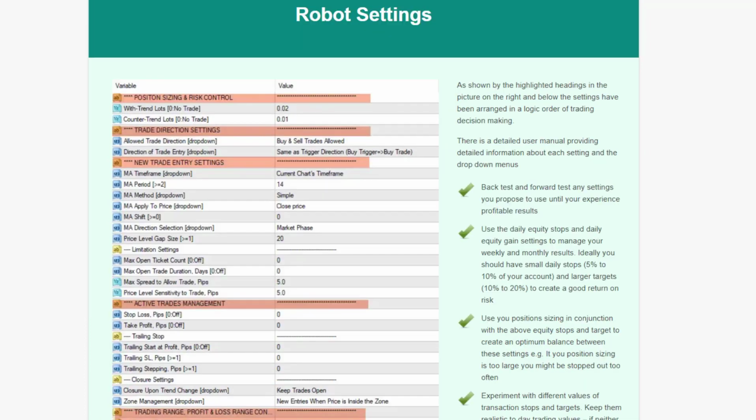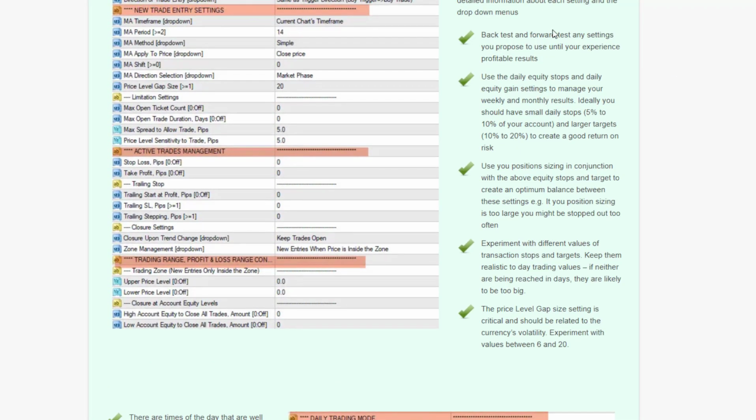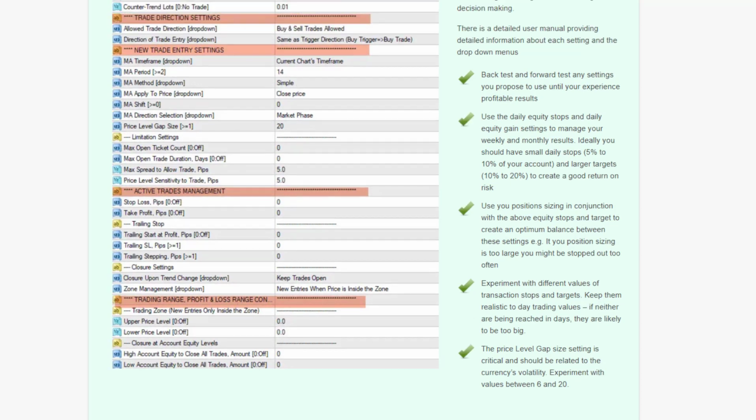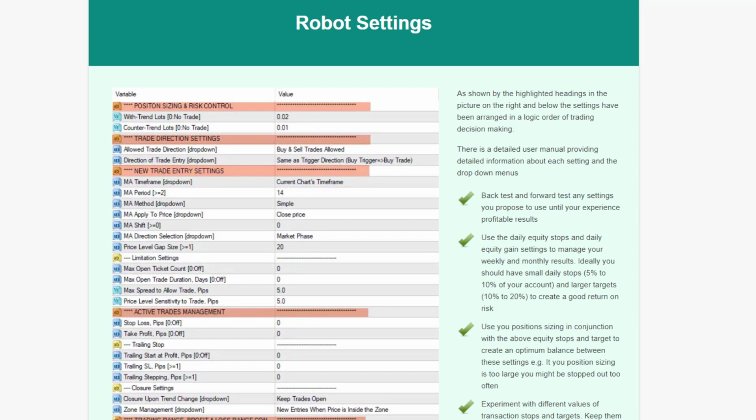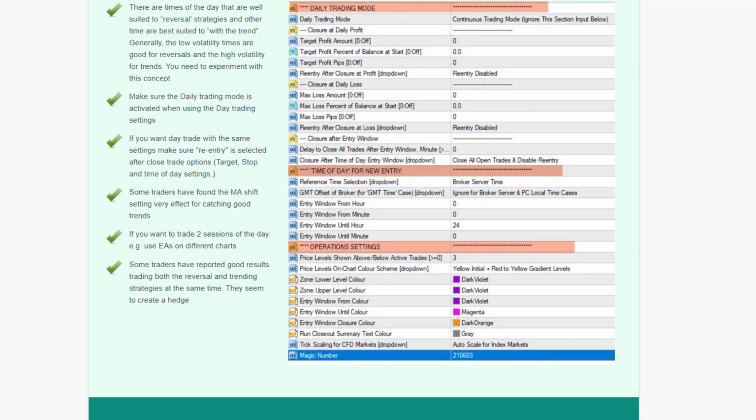Further down on the marketing page, there's a discussion on robot settings. We show all the settings that are currently in the EA, and we give you some tips on how to use those settings, more from a strategy point of view than explaining exactly how they work, because that's done in the comprehensive user manual that comes with these settings. And you can go and have a look at the settings before you purchase the EA to get an idea